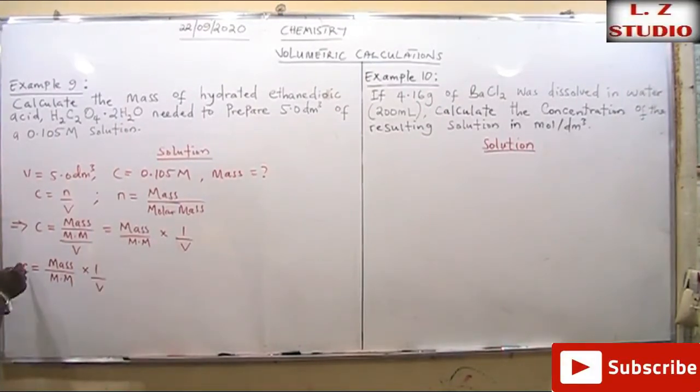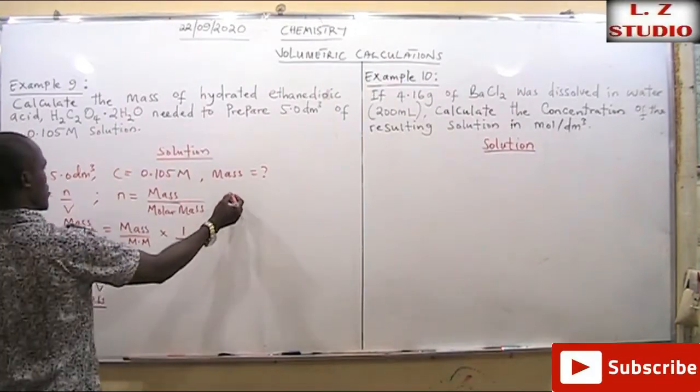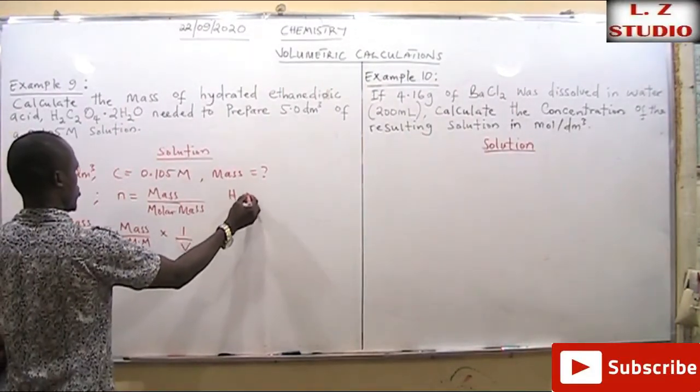We already know what our C is, so we just go ahead and substitute. So we have 0.105 is equals to mass, which here we don't know, so we just write it down, over molar mass of ethane dioic acid. So ethane dioic acid, which is